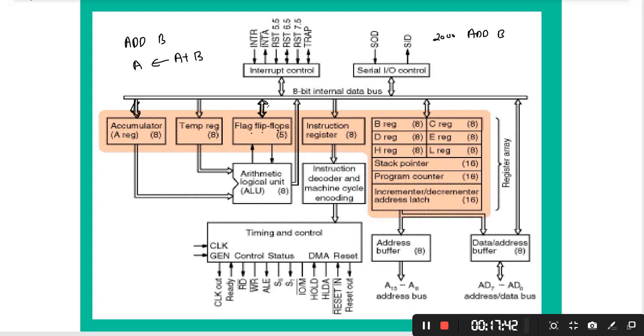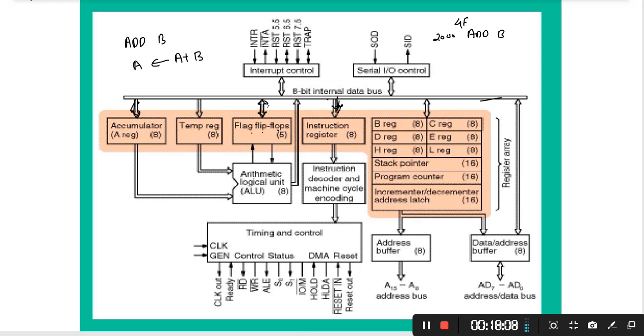The opcode is stored in a memory location. First of all, this opcode is read by the processor, and for example its opcode is 4F. This 4F opcode goes through the data bus to the instruction register.